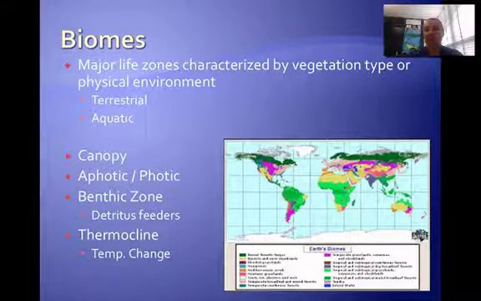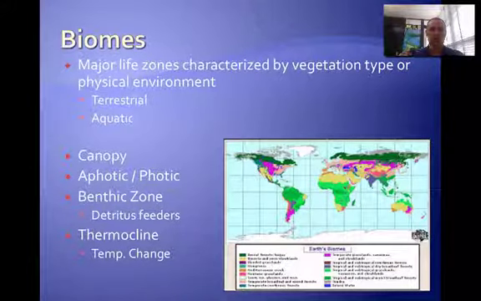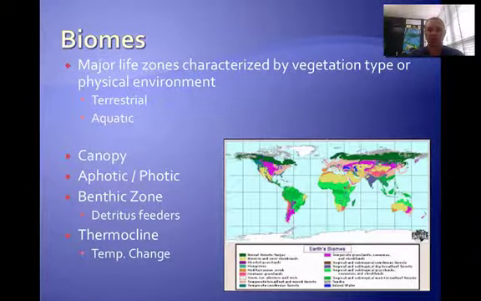Photic and aphotic. Photic means it's in the light region, the upper region of the water. Aphotic means it's in the darker region. You have a benthic zone, which is where your detritus feeders live, down at the bottom. It could even be anaerobic down at the bottom. You often might hear of something called a thermocline. This is whenever you go down and dive into water, you have a drastic temperature change. You know, if you go down swimming, sometimes you can feel this yourself in the ocean or in a river.